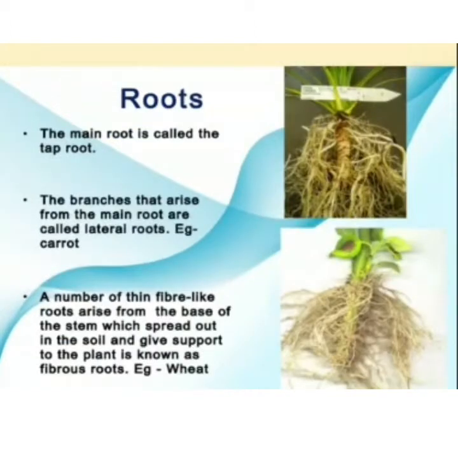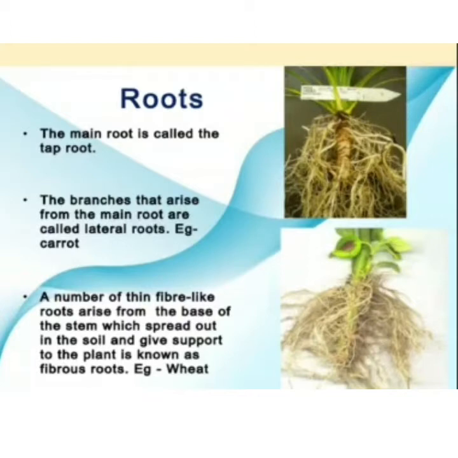After that, today we are going to discuss our plant's main part, that is root. Yes students, we all know that root is the main part of a plant. Why do we say it is a main part? Because by the help of root only the plant can stand in a standard position. So the main root is called the tap root. See, in the roots part also we have seen two types of roots. In one root we have seen two types of roots. The first one is tap root and the second one is lateral roots.